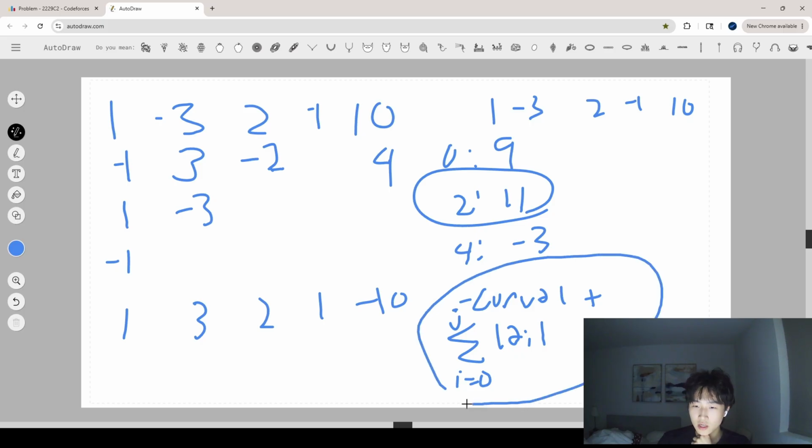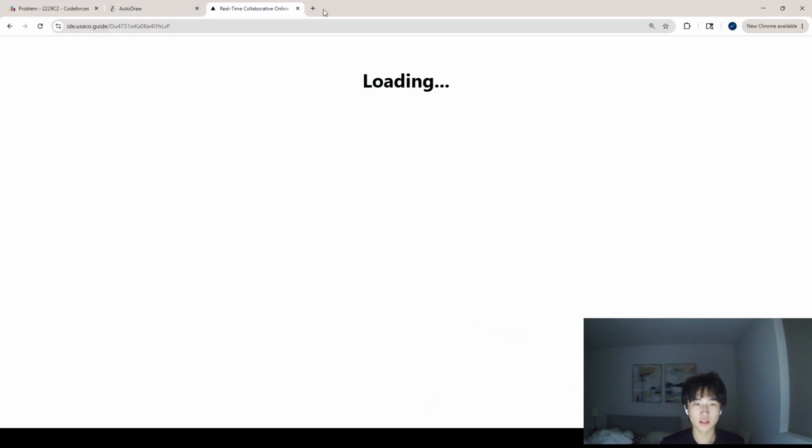So this is the answer for each positive value, and to find the entire answer, I can just go through each positive value, calculate it, and find the maximum. And I can do this through prefix sums. So now we can look at the